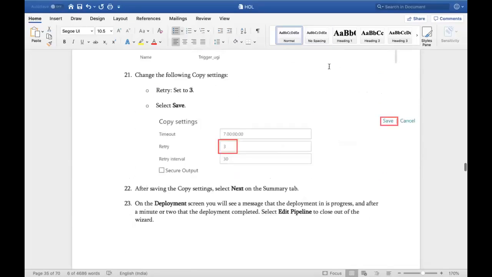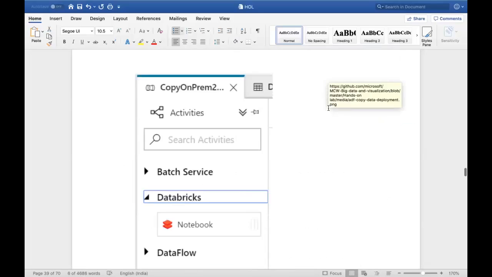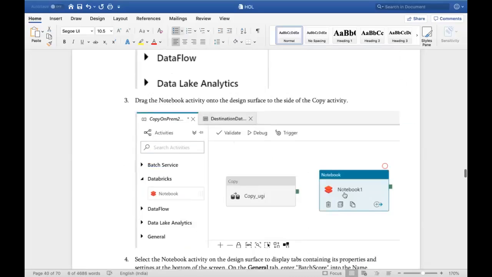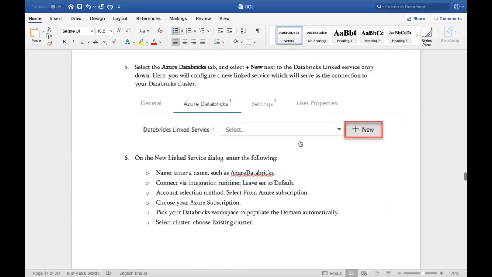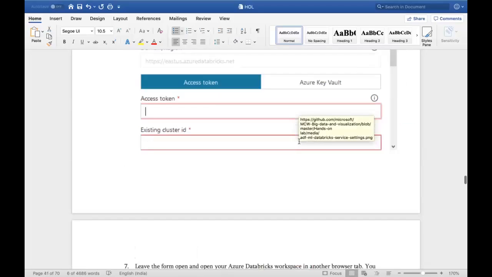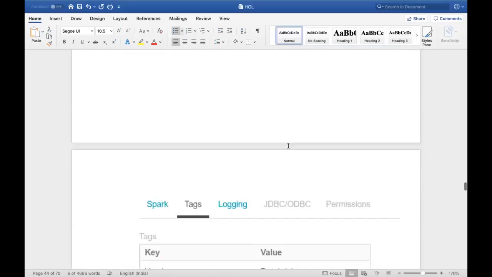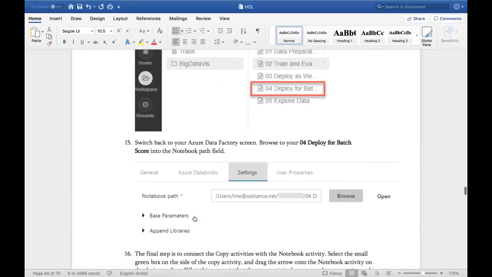My next step is to go down. Now I have a copy activity, and I'll add my Databricks notebook. This notebook will contain the batch processing. For example, see here, this is a batch processing. Let me show you, just a moment. This is the fourth one. I map this path here and execute it. So every day morning, it'll take the file from the source system, move it to blob, and from blob, move it to your destination location.